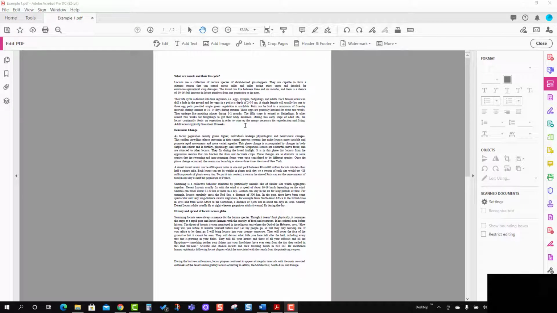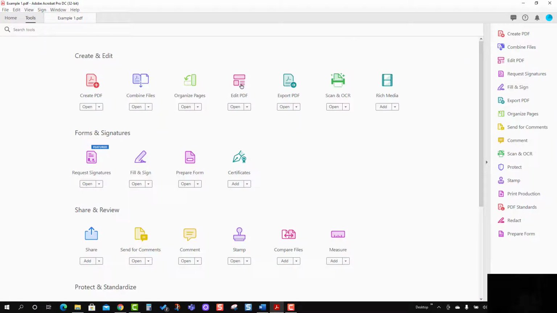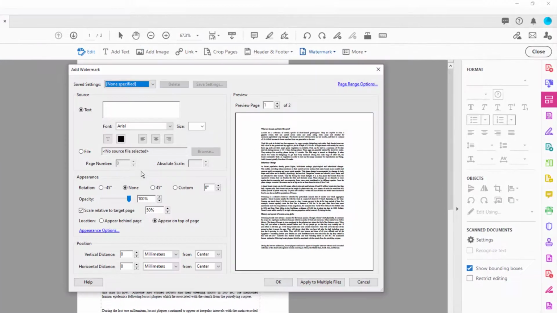So let's get started, and you will see the watermark option is here. If you are not able to see it on your screen, you can go to the Tools tab and press Edit PDF, and you will see the watermark option is here now. And now what we're going to do is press it here, press Add, and then you will